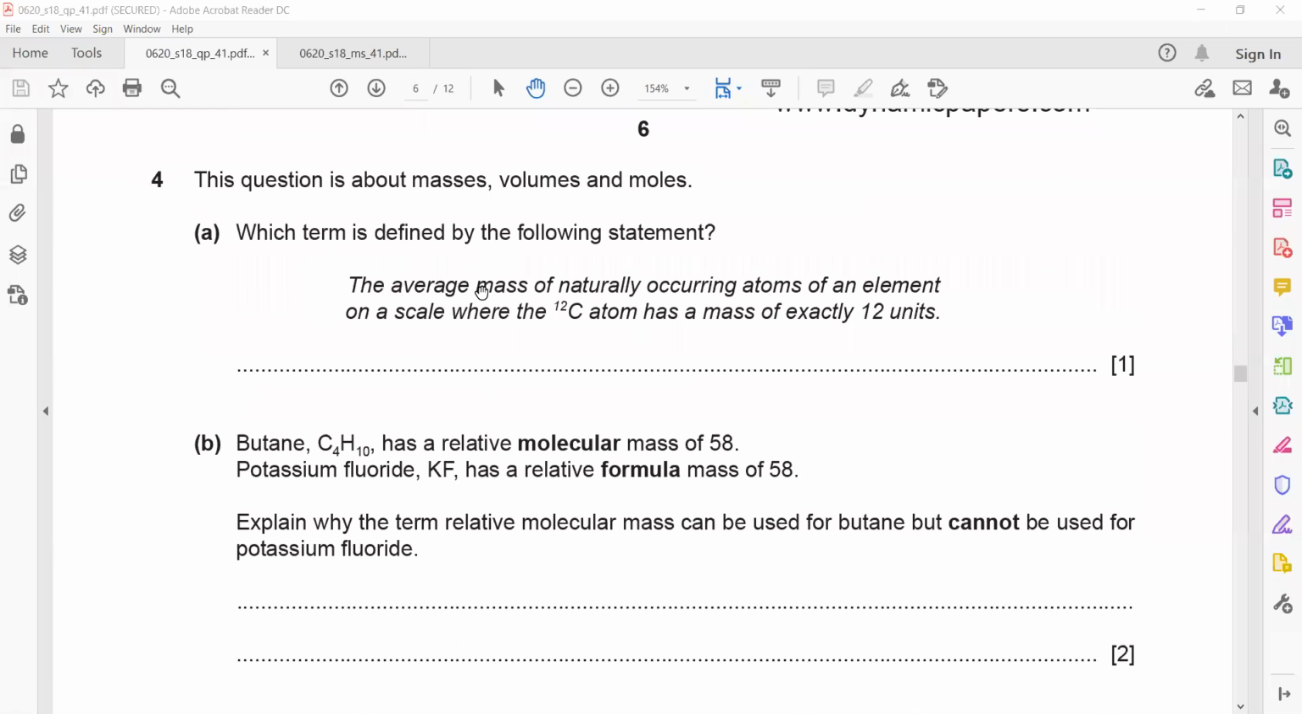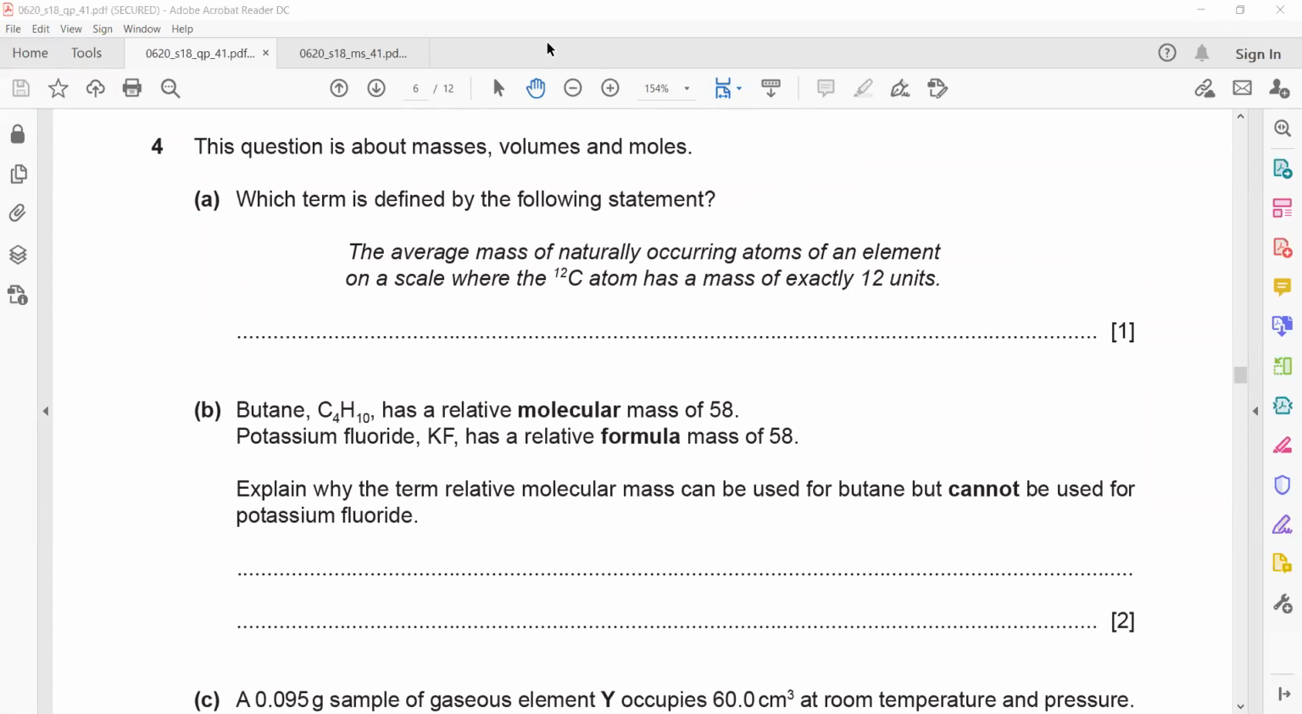This question is about masses, volume, and moles. So basically, it is related to stoichiometry. Which term is defined by the following statement: the average mass of a naturally occurring atom of an element on a scale where the carbon-12 atom has a mass of exactly 12 units. So what do we call this statement? We call that relative